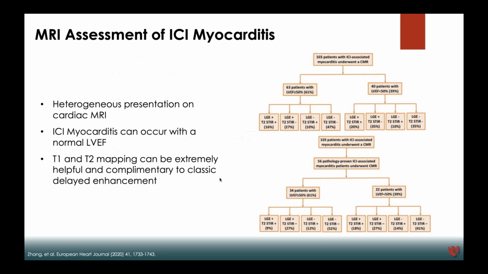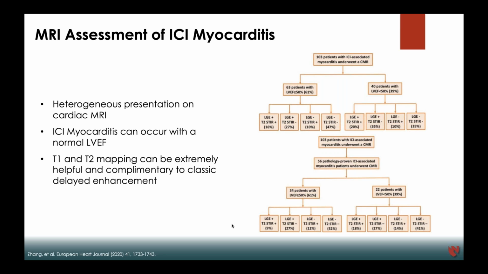But this case really fits into this paper that was just published by Dr. Zhang in the European Heart Journal, where they had a large population of 103 patients with immune checkpoint inhibitor myocarditis, and they all underwent a cardiac MRI. All these patients got LGE evaluation and T2 STIR evaluation. Only about 30 patients also got T1 mapping, and fewer than 10, I think, got extracellular volume calculation. So the quantitative measurements of T1 and T2 abnormalities were not present in every single patient, but at least